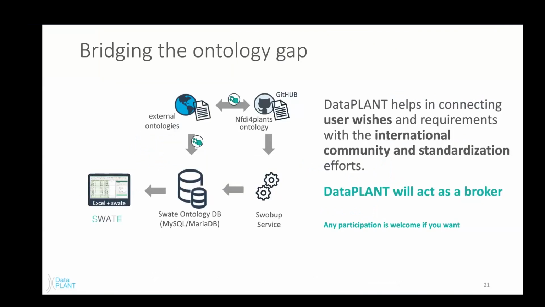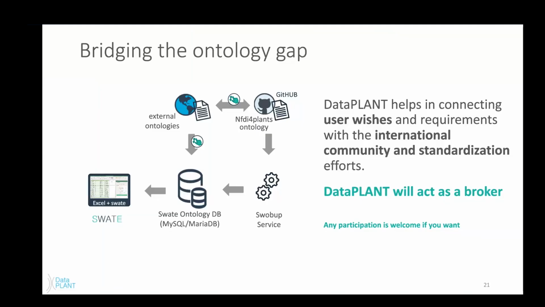So in addition to the external ontologies, I want to talk a bit more about our specific NFDI4Plants ontology. We have developed this in order to help bridge the ontology gap. And what I mean by this is often these large, well-established ontologies might take a variety of different forms or quite a bit of time and effort to add a new term into an ontology. And the reality is, even though it doesn't feel like it after analyzing 1,000 samples, science is always changing and always updating, even though we feel like sometimes we're doing the same thing over and over again.